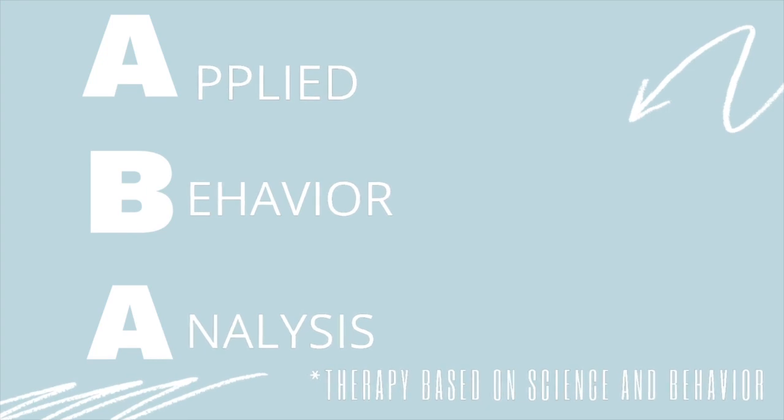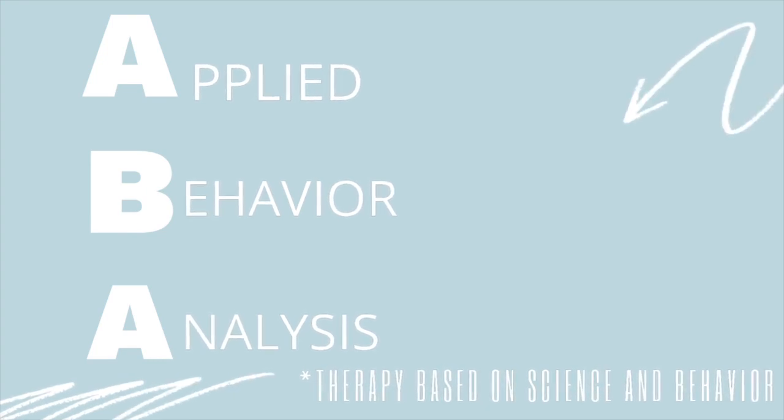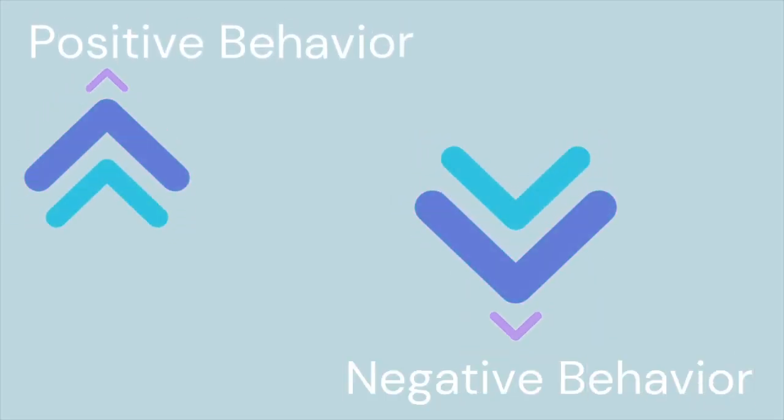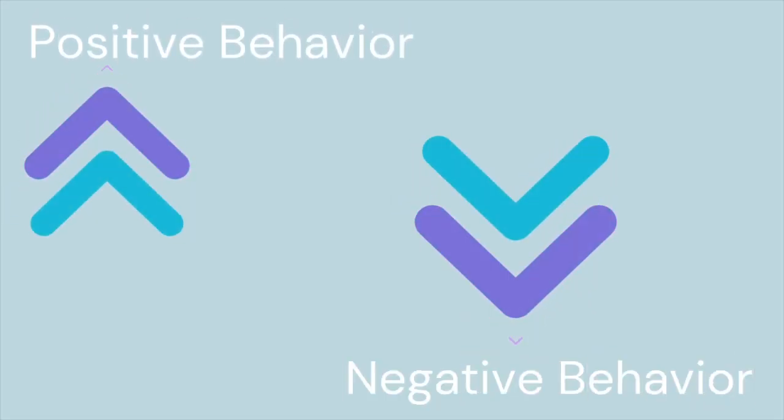First thing I want to start off with is defining what ABA stands for. ABA means Applied Behavioral Analysis. Basically, this is a tool used to modify behavior. So this tool is not used only for autistic individuals. We can use this to modify behavior in any type of individual. And the way we do that is by increasing behavior that we do want and decreasing behavior that we don't want to see with the use of reinforcers.